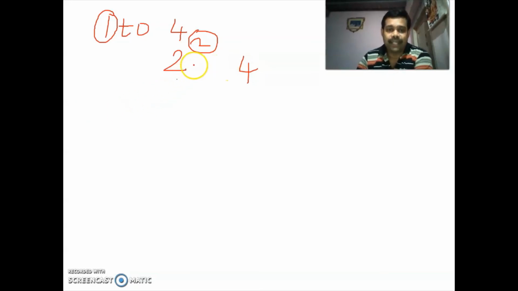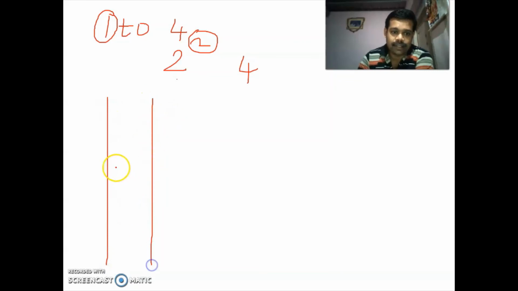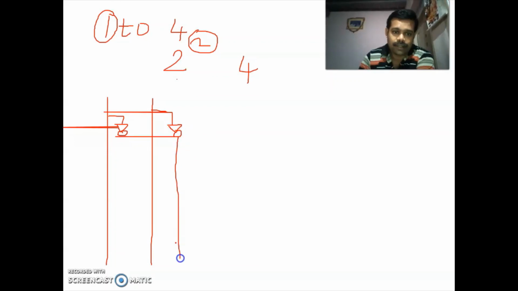So first, how many select lines? It has 2 select lines. So you take the select lines as S0 and S1.